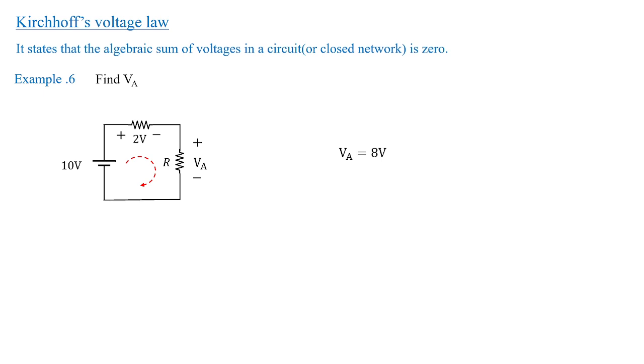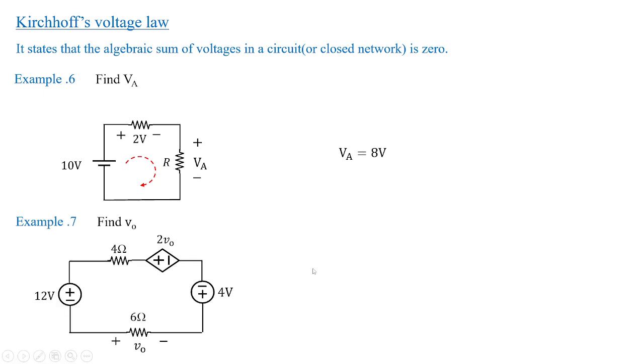Let us go into the next example. For better understanding, we need to find out V0 over here. You can see here there is a closed circuit, but it's a voltage dependent voltage source. It's quite interesting here. 2V0 becomes a voltage dependent voltage source. And where exactly is this V0? V0 is across 6 ohms, and the positive symbol is on the right side, negative symbol is on this side. Now, when we apply Kirchhoff's voltage law, assuming the current to be flowing in clockwise direction in this fashion,